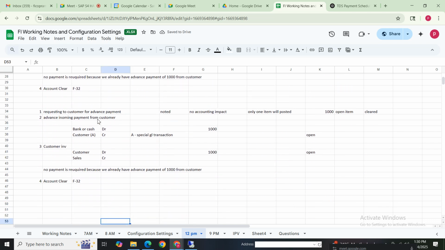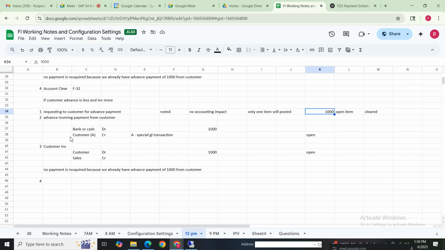Second scenario: if customer advance is less and invoice is more, what will you do?